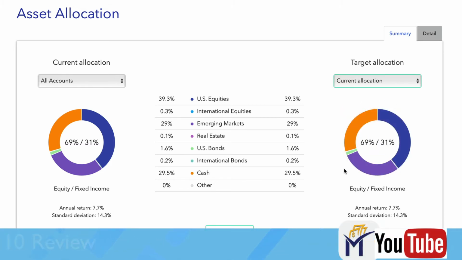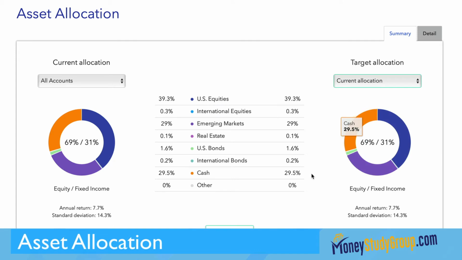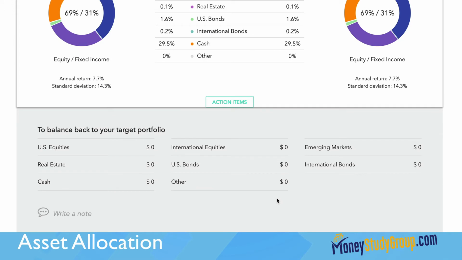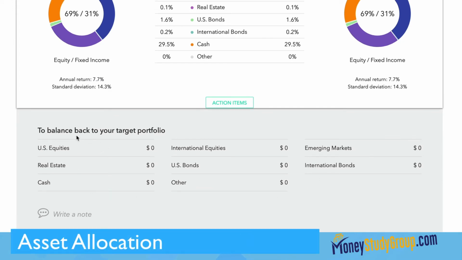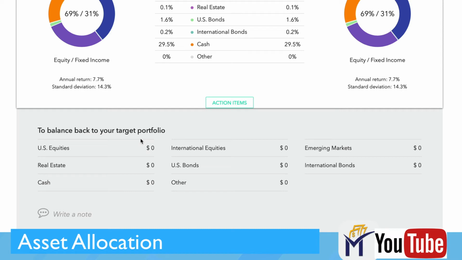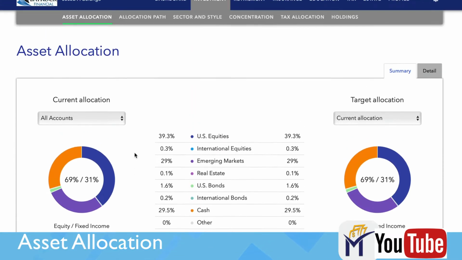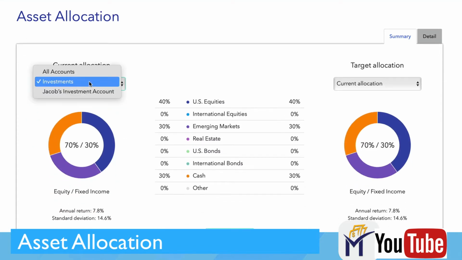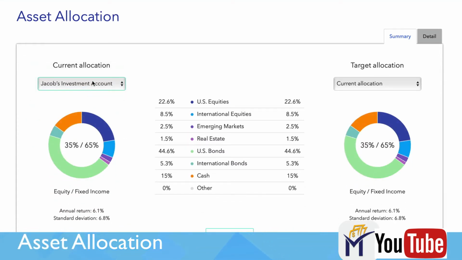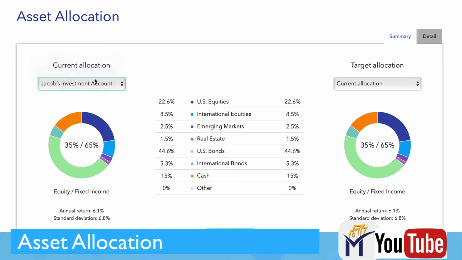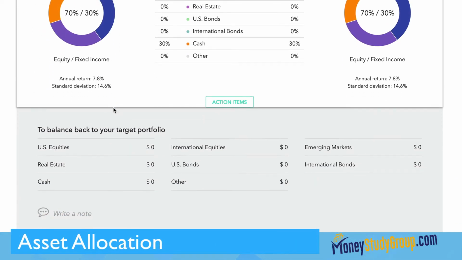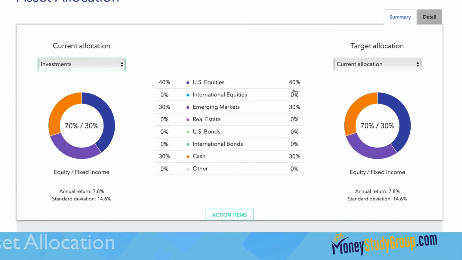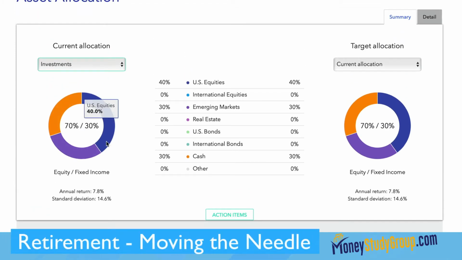Yeah, this is what you've already set up. The current allocation is what you have set up in your investment. So if we go to action items, we can drop down and see to balance back to your target portfolio for this investment. Let's see, what do you have here? Current allocation. So it looks like it's picking up the allocation. I'm not sure where we got this. I'm puzzled about that, Jacob, but